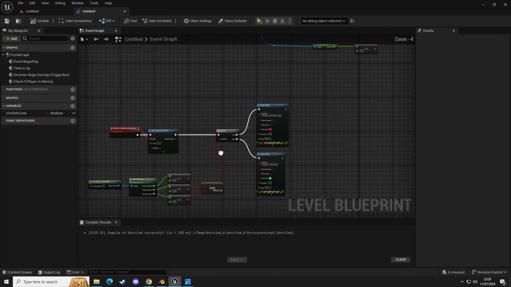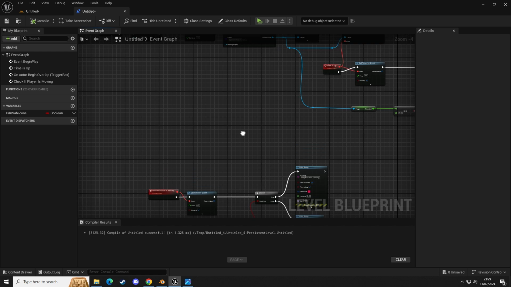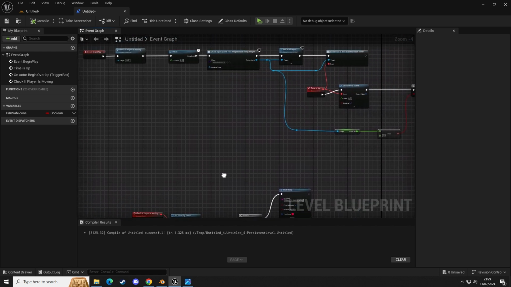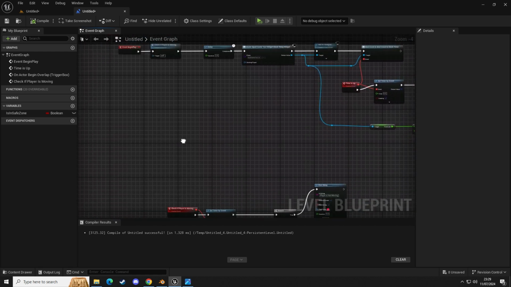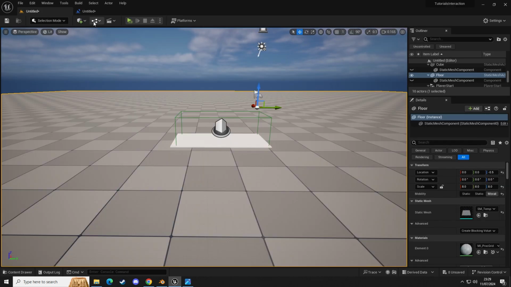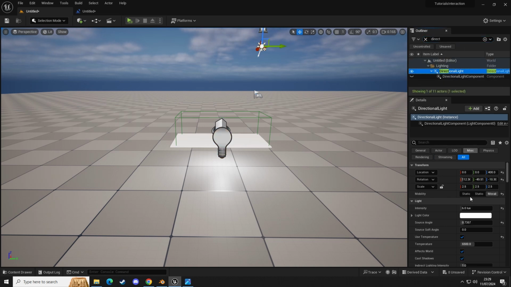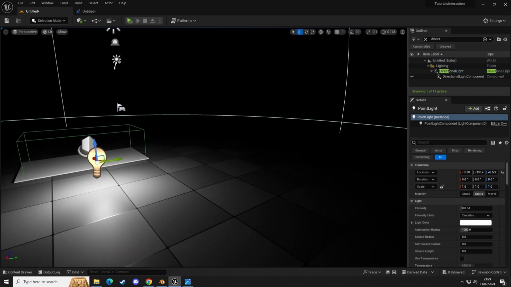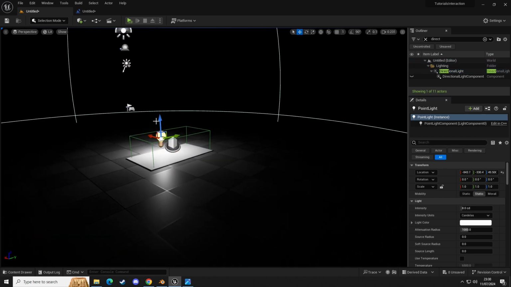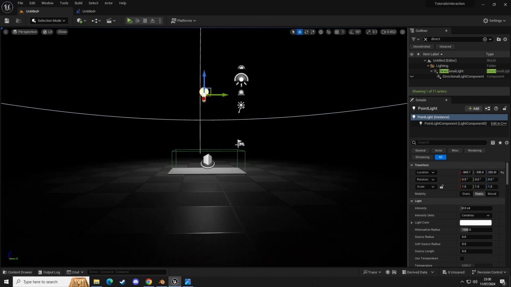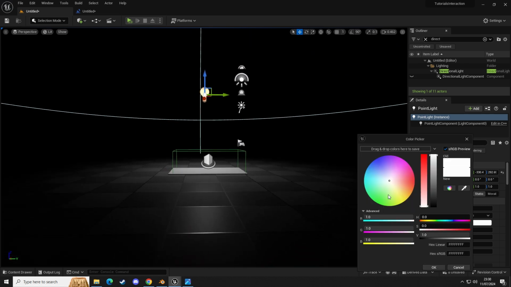So all you do now is you would, let's say for example, let's put a light in the game, point light, and let's get rid of our directional. Let's drop our directional light down to 0, and let's put our light above just here, like so. So we can see here we have our green light,